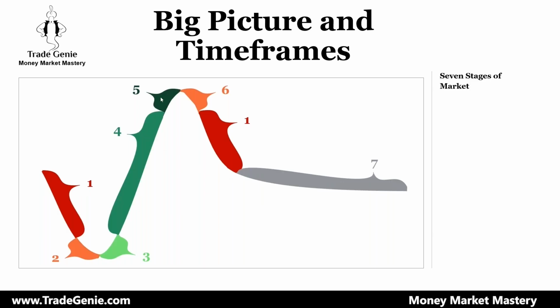After the top of stage four comes stage five, which is the last possible run-up in that market. Stage five is where the market is overbought. Every market reaches an overbought level, so this is overbought level 5. And number 2, depicted here in orange, you consider as the oversold level. So the market is deep oversold. Oversold doesn't mean the market needs to go up. It can remain oversold for many months, years.